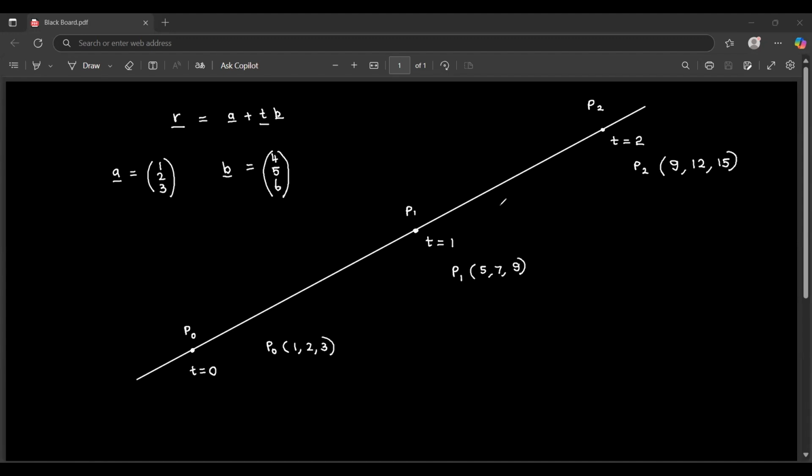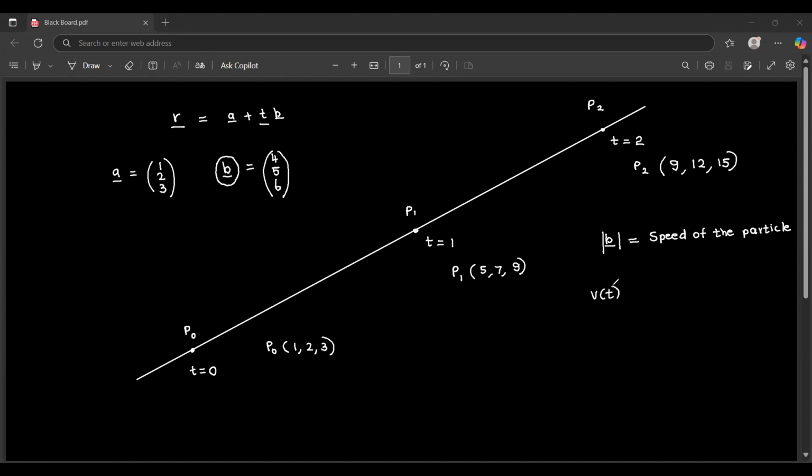But there is also another important thing. What? Well, the magnitude of b. The magnitude of b will give us the speed of the particle. Okay, why is that possible? Well,